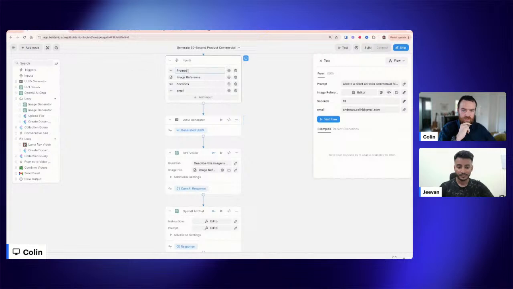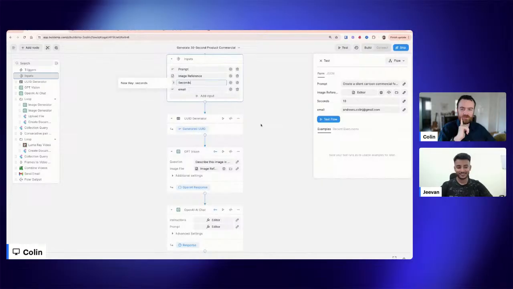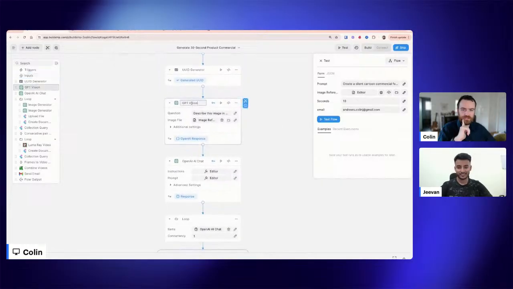We first are taking the prompt, image reference, and the number of seconds you want to create a video for. So theoretically, you could create an hour-long video once we got the connection between all the prompts, right? We're taking GPT vision to be able to look at the image reference. And so for the image reference for me, I added,